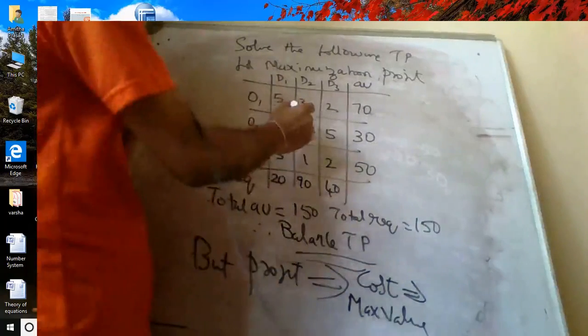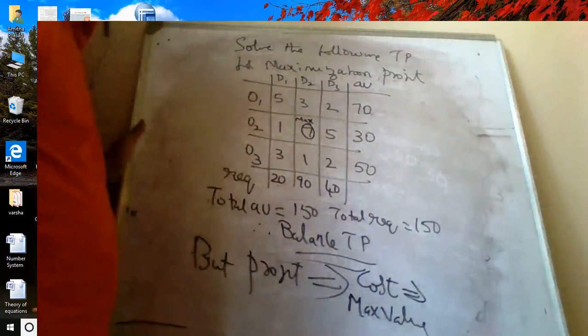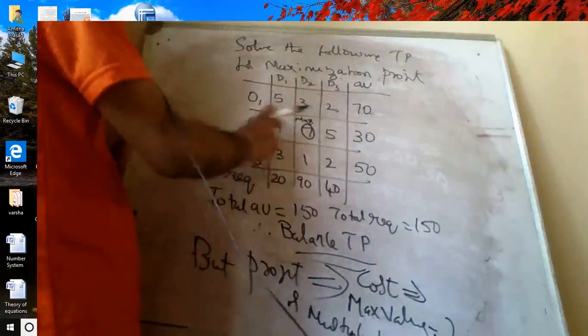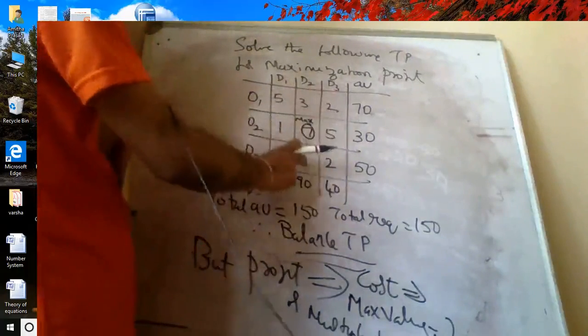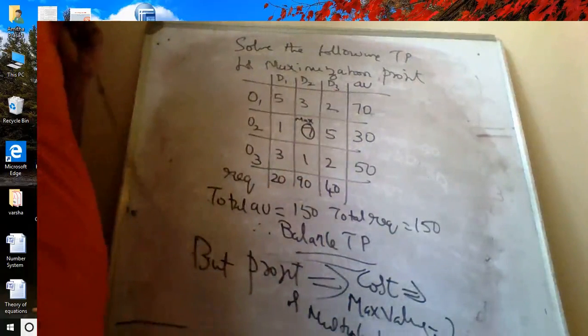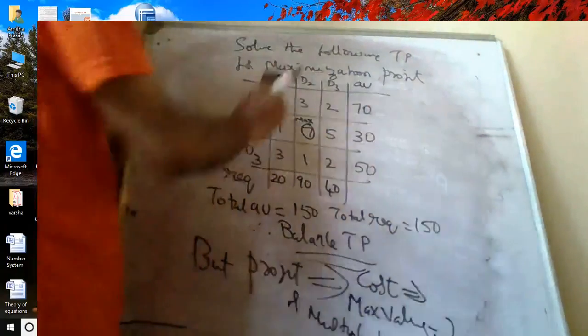You can observe 7 is max. Subtract all the values from 7 or multiply by -1. Any one method you can use. You take -5, -3, -2, -1, -7, -5, -3, -1, -2. So you can use any method you like. So when you subtract from 7, it becomes,